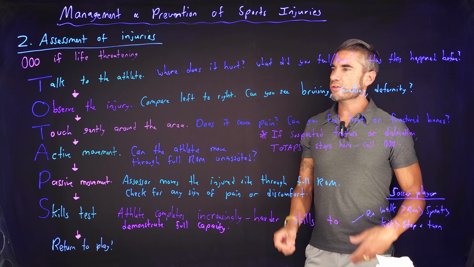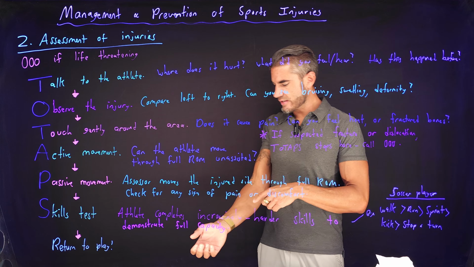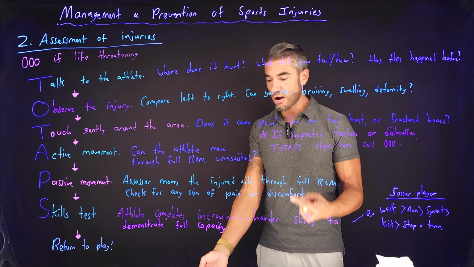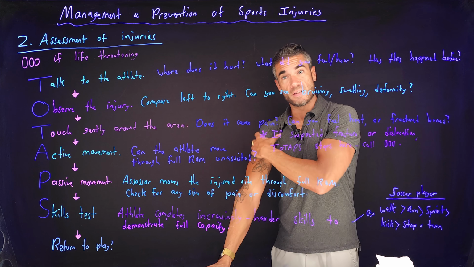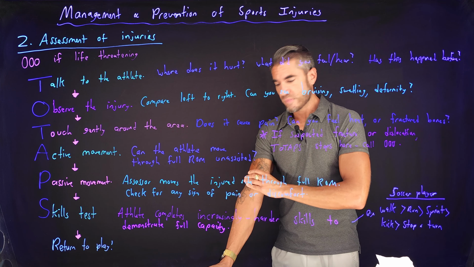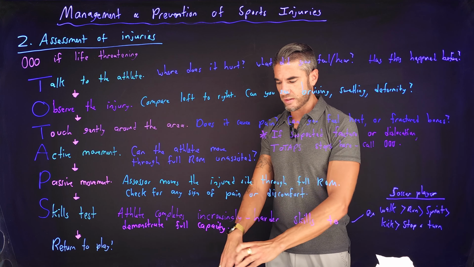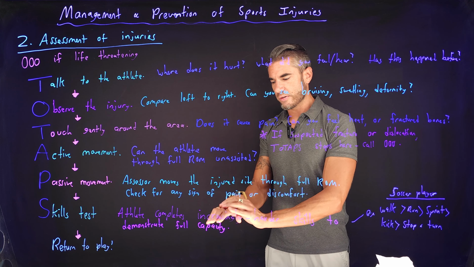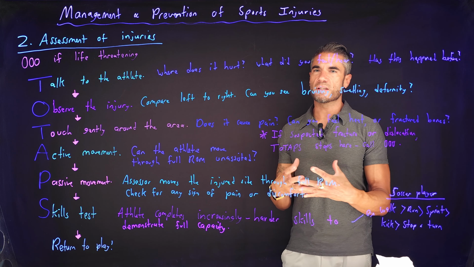The next step, we're going to touch. So we're going to touch gently around the area. So I don't mean like, if they're saying, oh, my arm hurts here, you're not going to go, where, here? Okay, you're going to start up away from the injury. Does this hurt? Does this hurt? How about here? What about here, just below the elbow? Okay, and then you go the other direction. Okay, does it hurt here? What about if we do this? Does it hurt here? So you're trying to find out how large underneath the skin level the injury actually is,